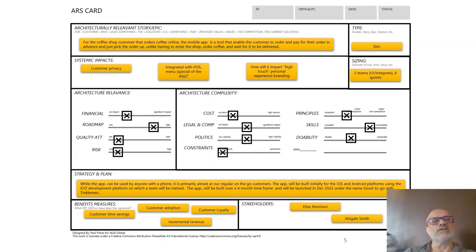And of course, there's going to be a certain amount of financial gain or revenue, but the prime motive is customer satisfaction. It's relevant from a roadmap perspective because what we are saying is that it's an important milestone on the roadmap. It's an important deliverable on the roadmap.